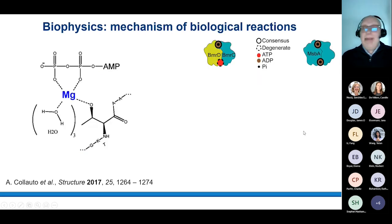Now, this one is my last example. This was the last example about application of these electron-electron distances. It is also possible to obtain information about the mechanism of biological reactions. What you see here is a study and a comparison of two transporters. These transporters are